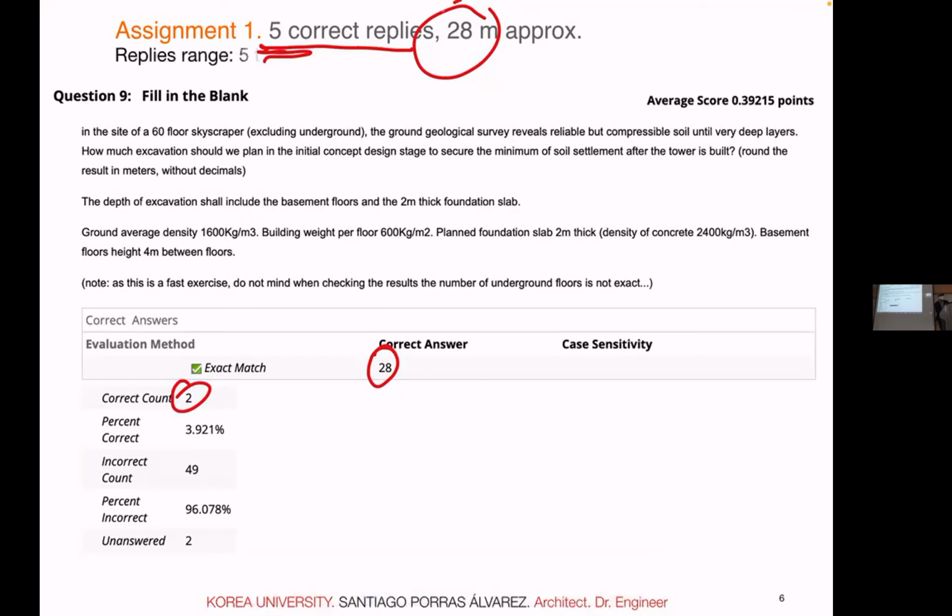What was surprising is that the range of replies was between 5 and 242 meters, which tells what's going on. A few people were around 20 to 28. If we say in class that a 10-meter excavation is 33 floors, it makes sense. As a very rough approximation, 60 floors would be about 20 meters. But we have another thing: the foundation, which is very heavy. This is why I added that foundation element on purpose, and that's what complicated it a little bit.